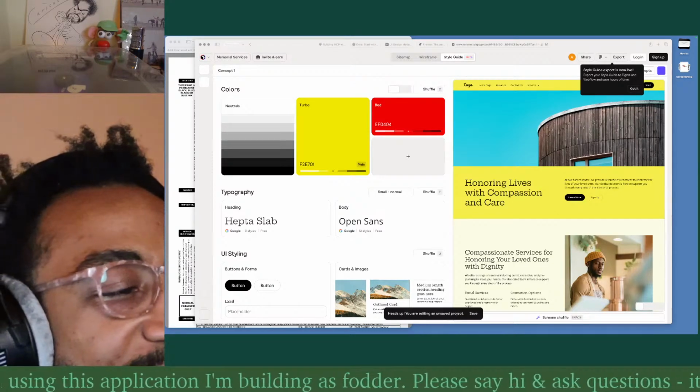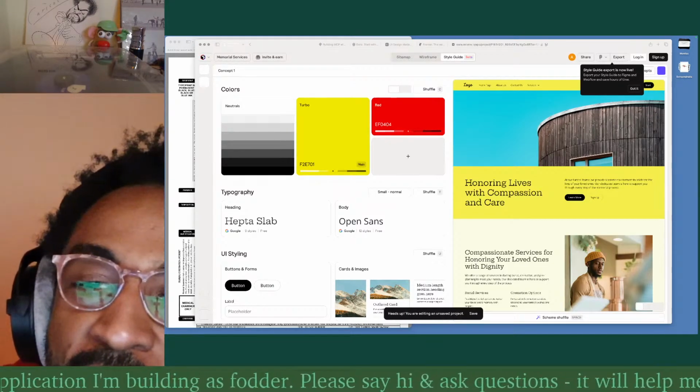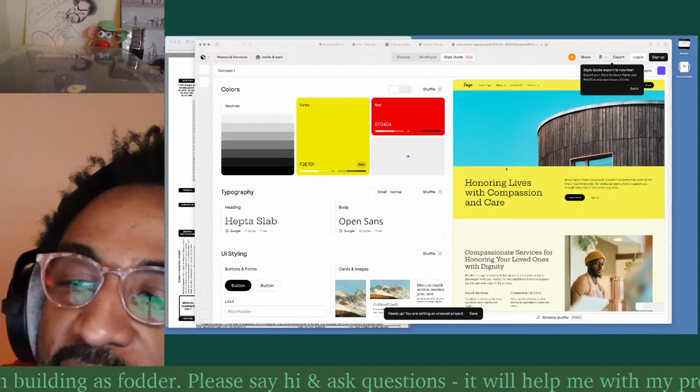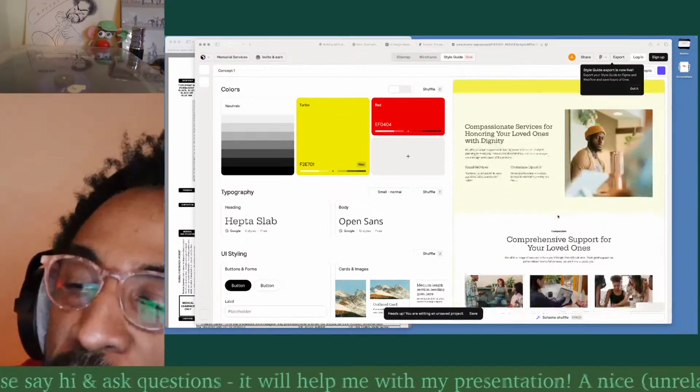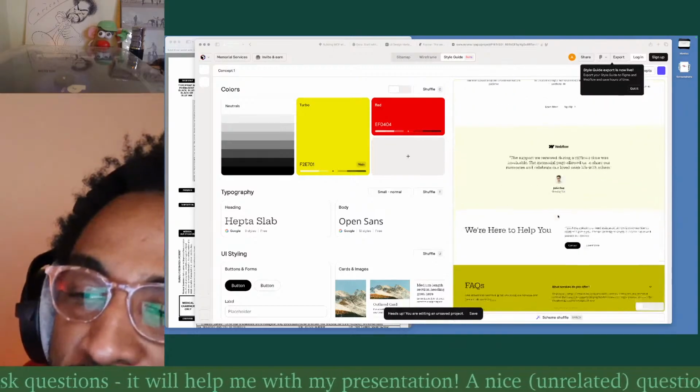Hayes Plays. Tap into Reloom. I literally just typed one sentence about a funeral home, and this would have given me this. Now, obviously, these colors aren't going to be it, but